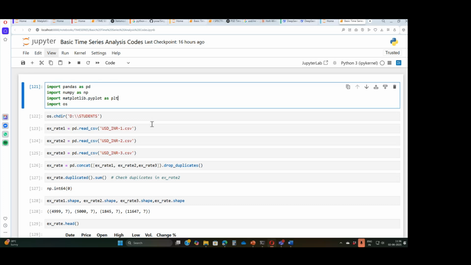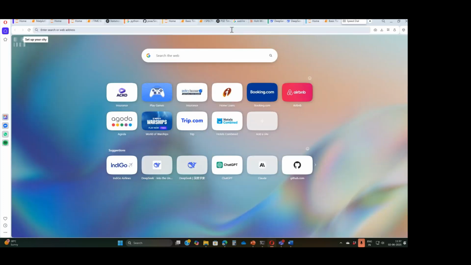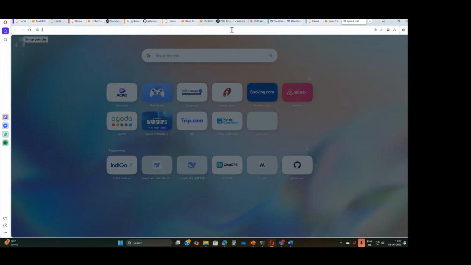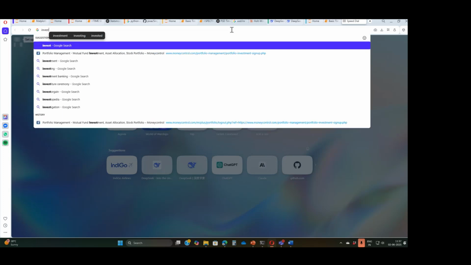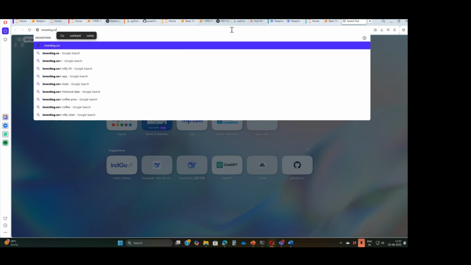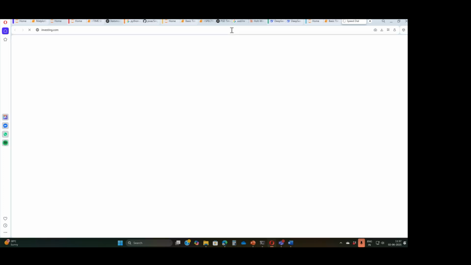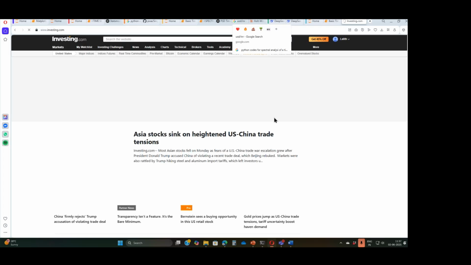Since the data could not be collected all together, I collected this data from investing.com. From investing.com you can get this data, and if you don't get a continuous series, you may have to download it 3 or 4 times. You can go to investing.com and ask for the series that you want. You'll get the most contemporary series, which you can then start using.